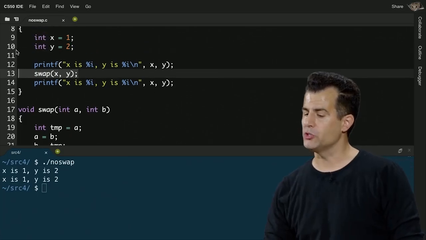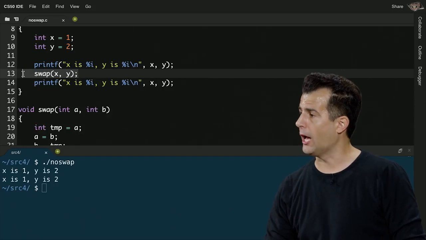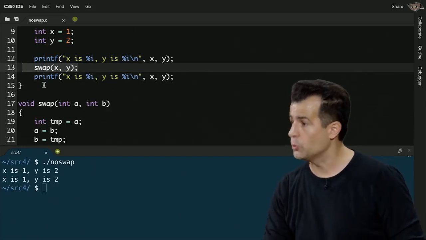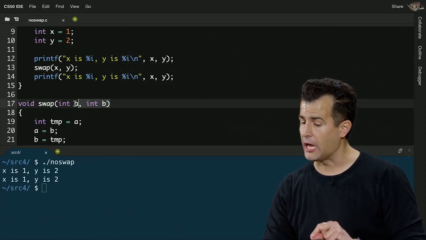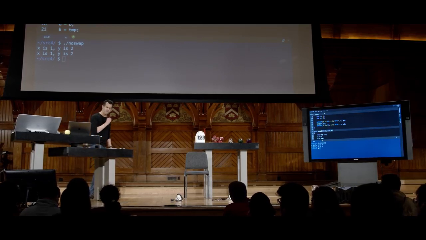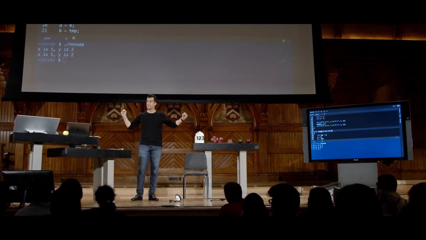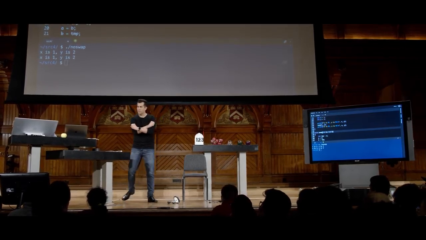Yeah, exactly. When you pass inputs to a function, you are effectively passing copies of your own values to that function. And so when you have two variables, x and y, initialized to 1 and 2, yes, you're passing them as input to swap, but swap is not getting actually x and y. It's getting copies of x and y, and per its prototype, is calling them a and b respectively. So it turns out this swap function actually does work. It swaps a and b, but it does not swap x and y, because those are copies.